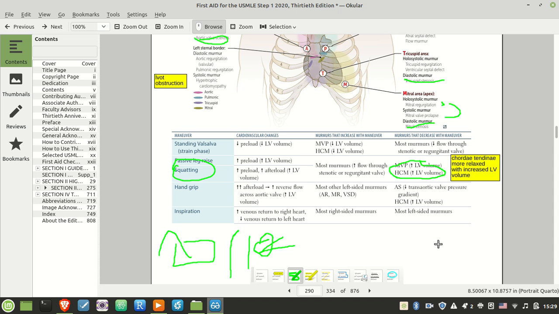You've got these things on your valves called the chordae tendineae, and they're kind of holding your valve in place. When the left ventricle is full, the chordae tendineae are nice and relaxed. However, when it's not full, the chordae tendineae are very taut,